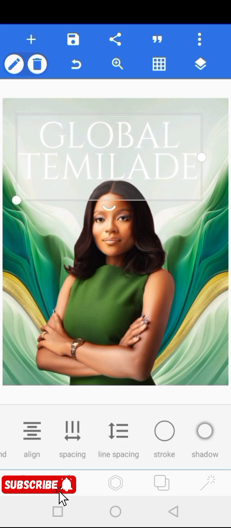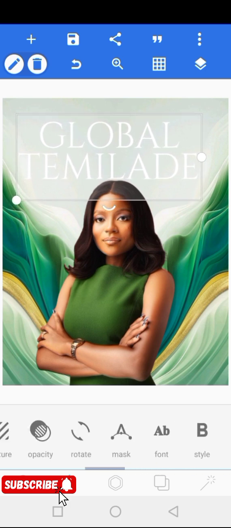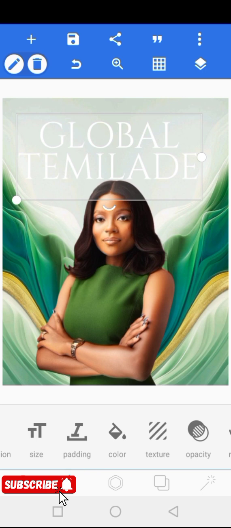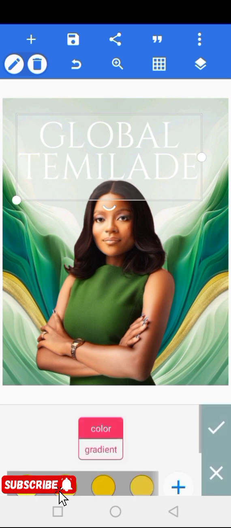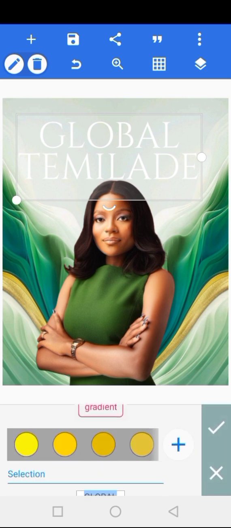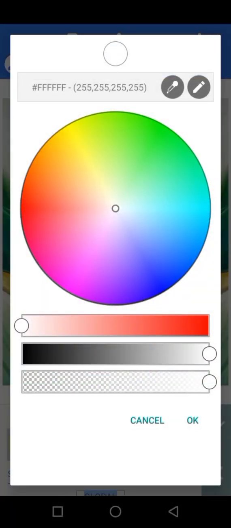Okay, so now let's change the color of the text. Of course, click on color, then you click on this plus button here to choose. I have the color here already, but I want to show you how I got the color. So you can just click on the plus button here, then click on this color picker here,